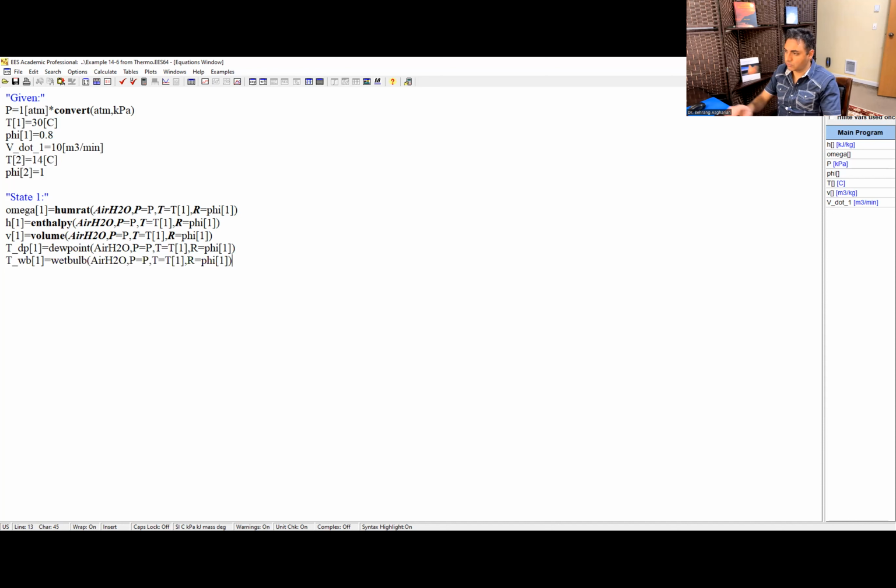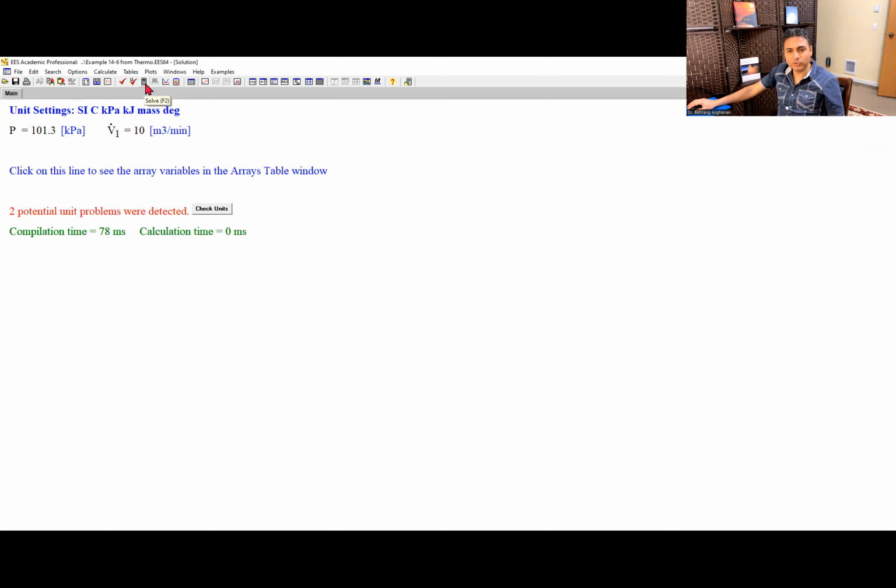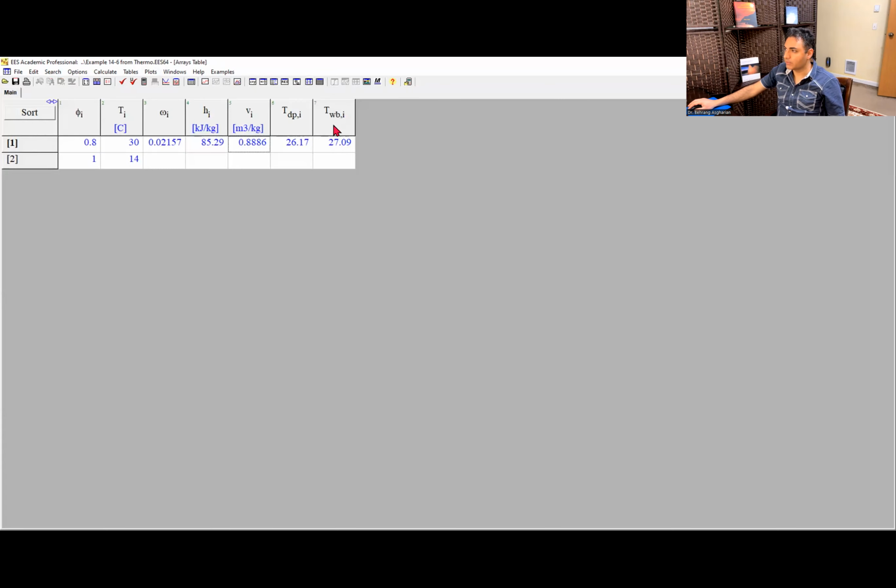and same thing, Control V. And now I have dew point and wet bulb in terms of Celsius. Let's see what they are. You remember that the dew point that I read for state 1 was 26 Celsius. Let's see what we got here. That's going to be interesting. So the wet bulb is 27 Celsius and dew point is 26 Celsius. So we were doing pretty good